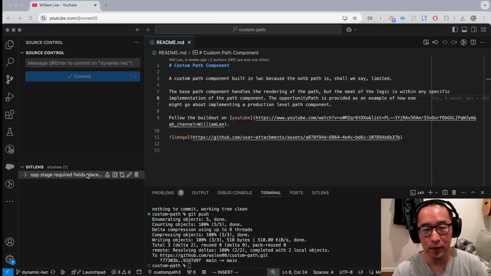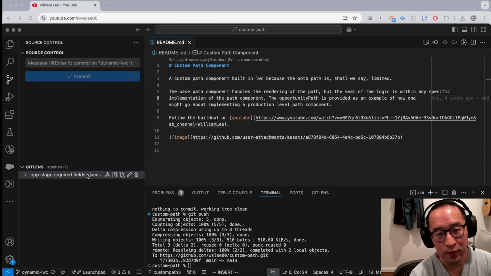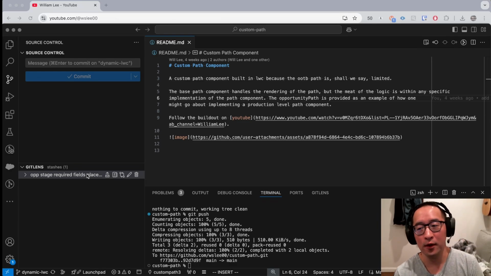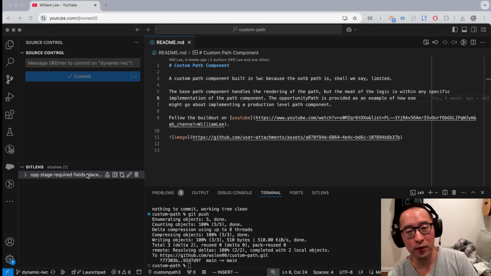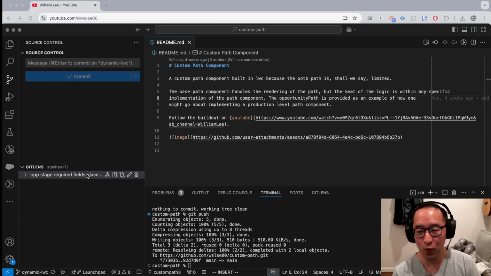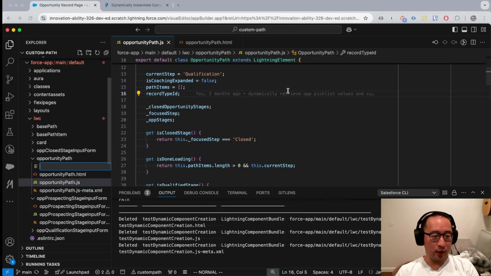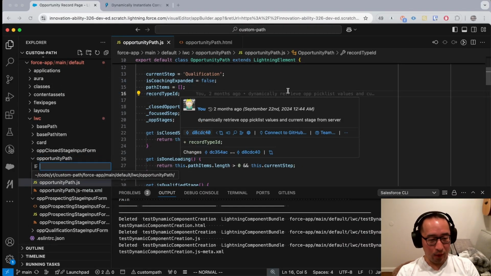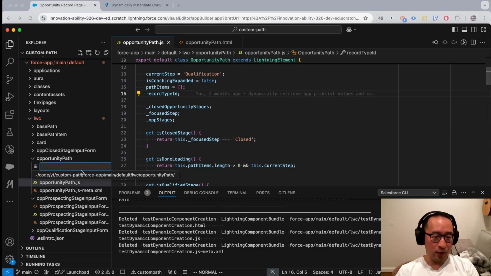Hey y'all, so this will be a continuation of the custom path build out. The last session we did a small aside on just learning about dynamic components, and so this session is a continuation of that one, and we'll be utilizing our learnings and incorporating that into our custom path. That in a separate file here. I don't want to litter the main file, which is already too big, by the way, with any of this mapping information. So we could call this components